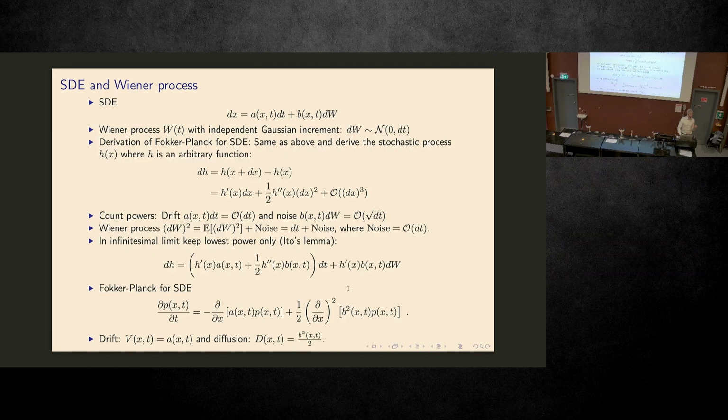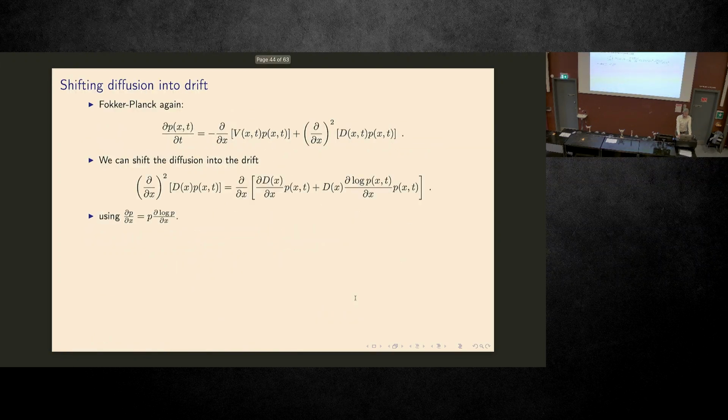And why is this super nice? It's because if we have an SDE, say we have trained some neural network based on an SDE, then we can immediately write down how the marginal distribution for that SDE evolves over time. That will be useful, for example, when we calculate bounds on log likelihoods and similar, as you will see shortly.